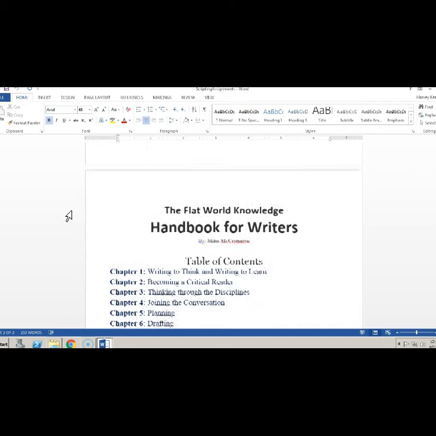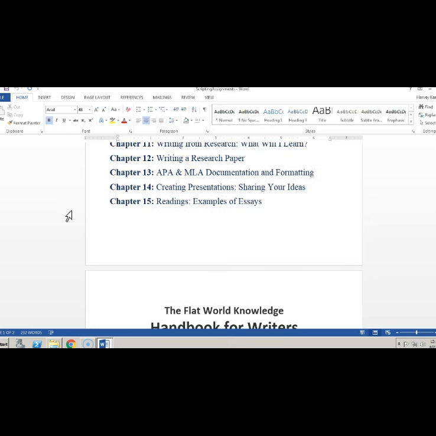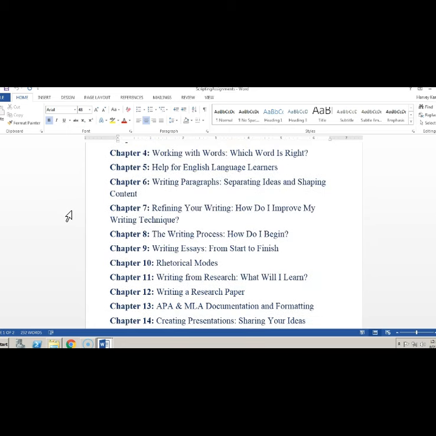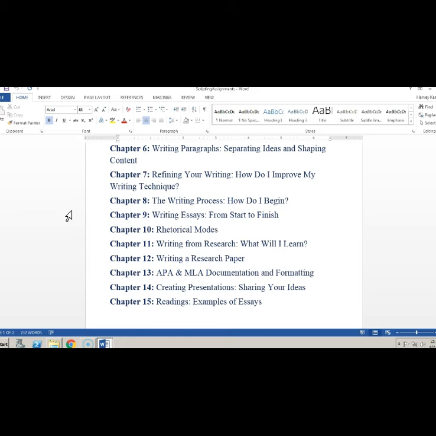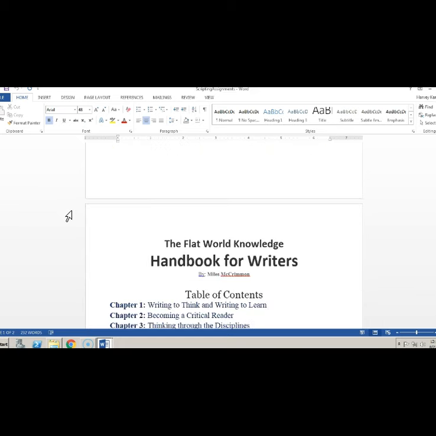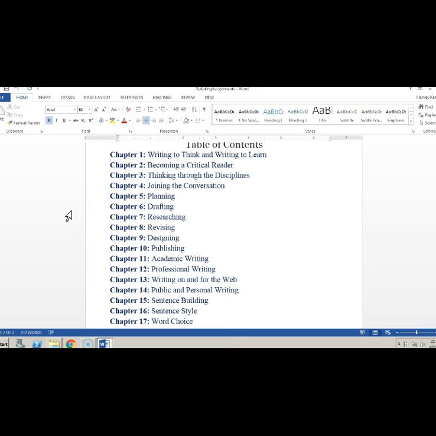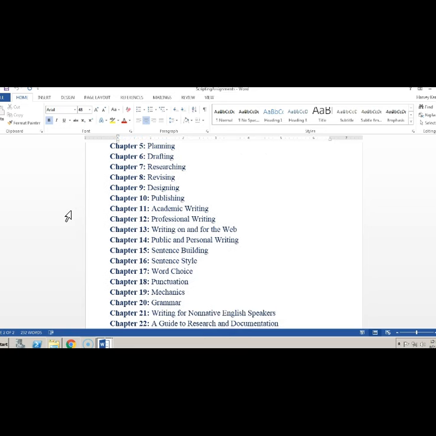So again, some of these are redundant, like the punctuation. Others are kind of, but not necessarily, redundant. Some of these, for example, are not just about academic writing. You see in this one, there's academic writing and there's professional writing. So we will cover that. If you're writing as a professional, certainly as a professional journalist, you write quite differently than you do academically.